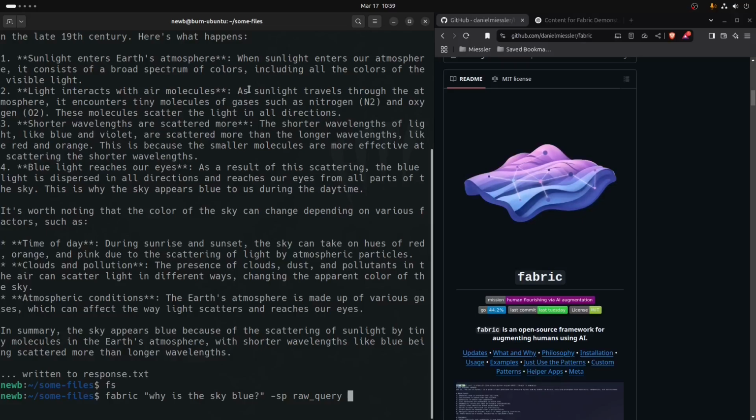Listing models, I use that one, the -L. I'm using that if I'm using the -M flag, because I need to find how to spell out, type out the model, things like that. The list patterns, I don't often use that because I use